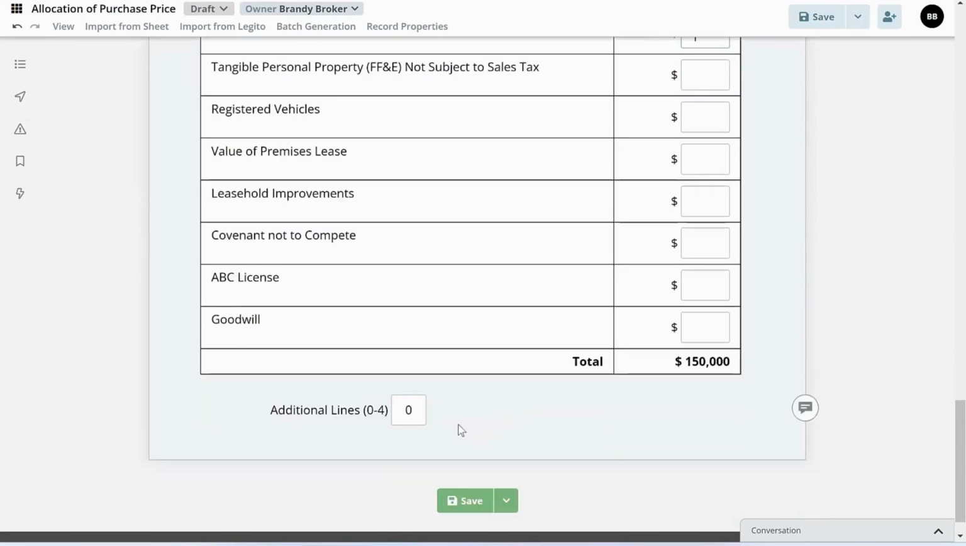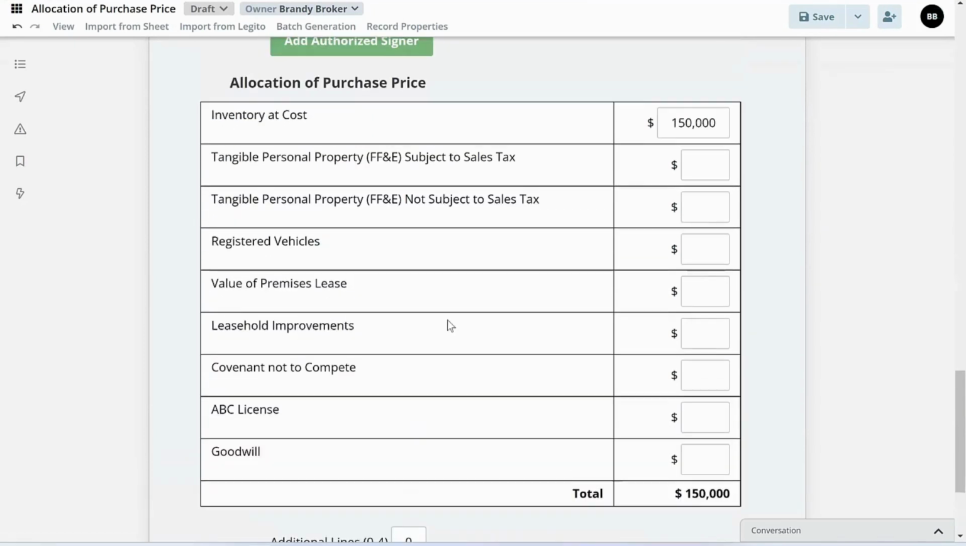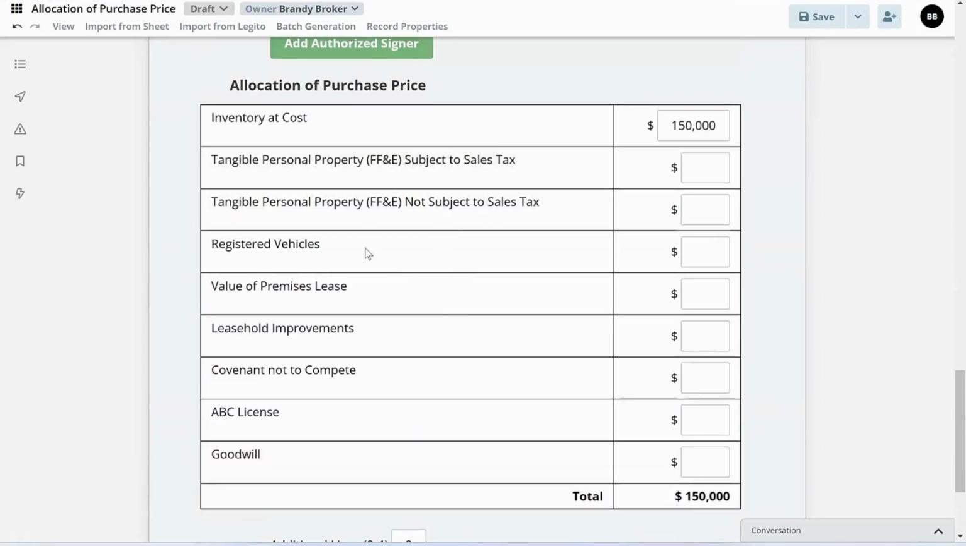You can also add additional lines if you need to. Let's say past goodwill, how many more lines do you want? You can have up to 4, but what do you need? In most cases, I don't think you need much, but right here, the allocation, the parties need to